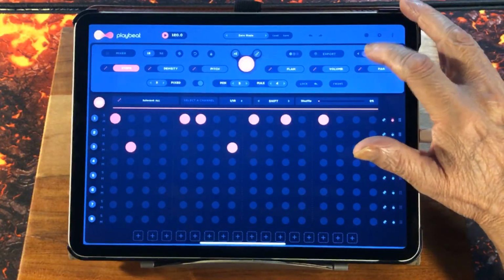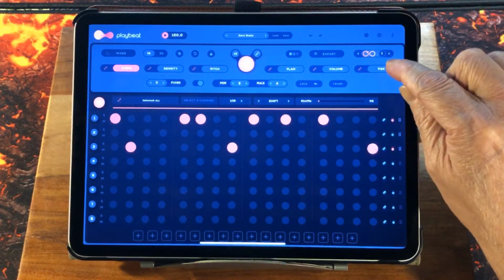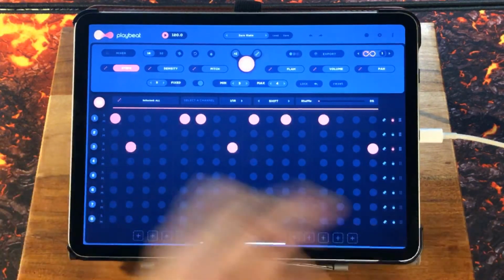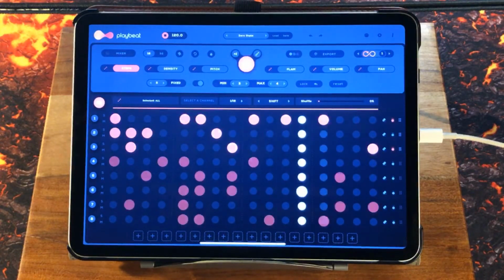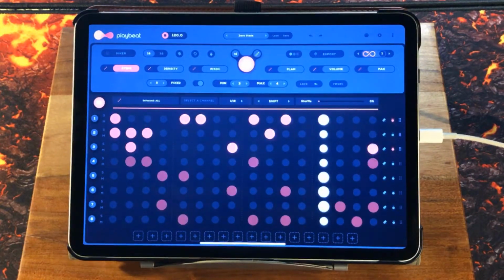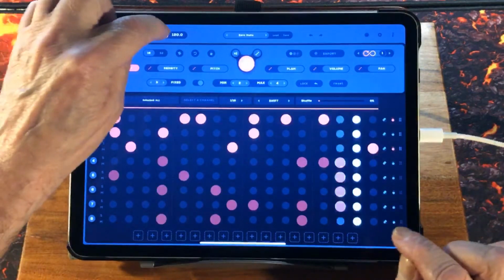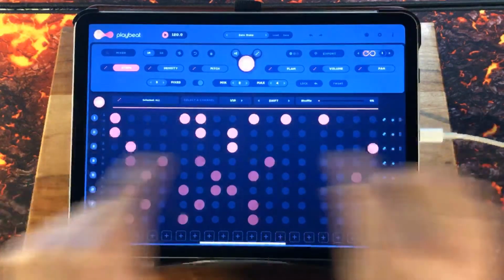Let's switch infinity mode on and let's set this to 1. What will happen now is every time this passes, it's going to randomize the pattern, except if it's locked. If we take the locks off the channels,